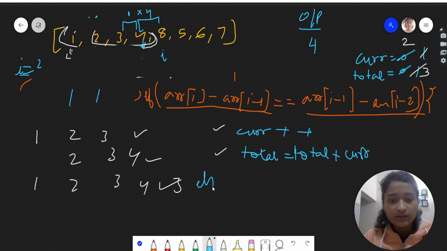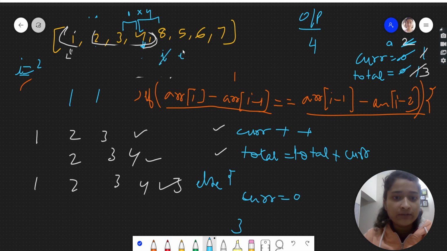So in the else, when this condition is not true, we will set our current to 0. That is, for now there is no subarray being formed, right? This chain is broken because of this 8. Fine, so current we will change to 0. Total will be 3 only because 3 subarrays have been found yet.